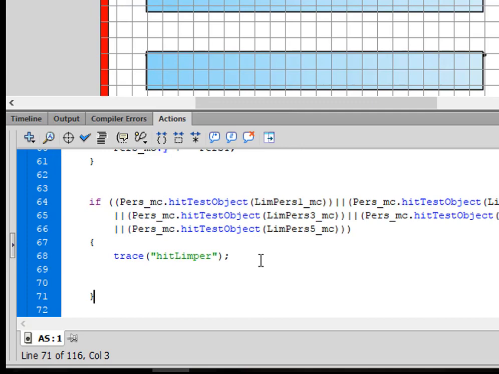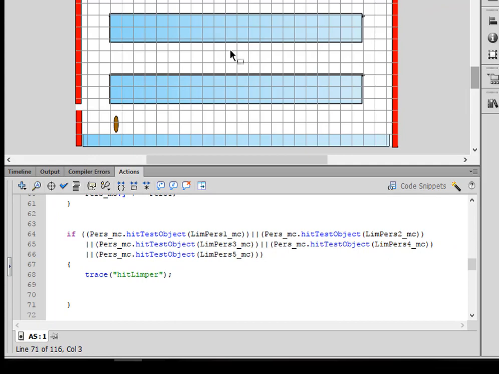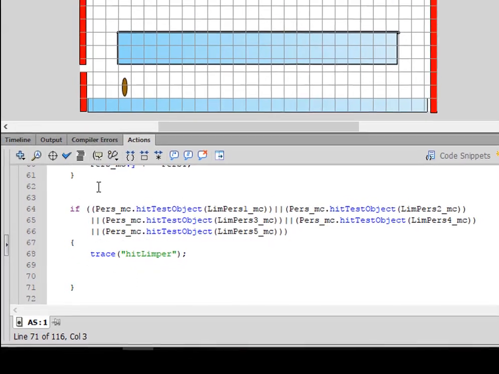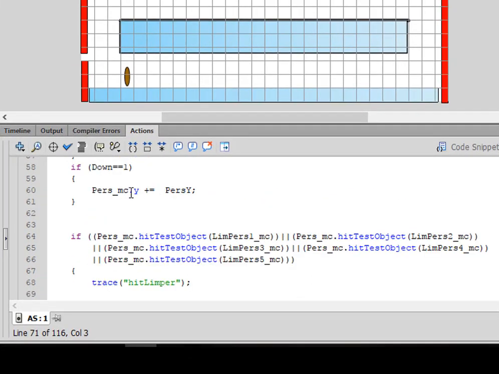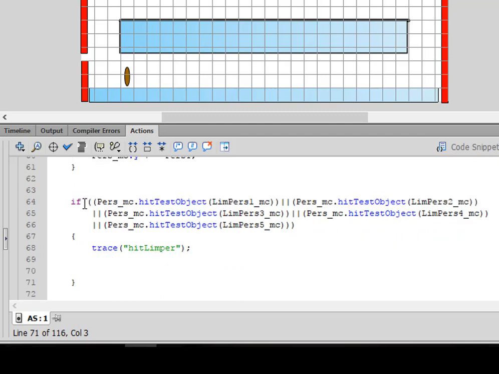Not too much. It's an OR function, just like the other one when we had an OR for either of these to make this change back and forth. We're going to have this OR function that's going to limit this person going up or down eventually. So right after this down pers statement, if open bracket